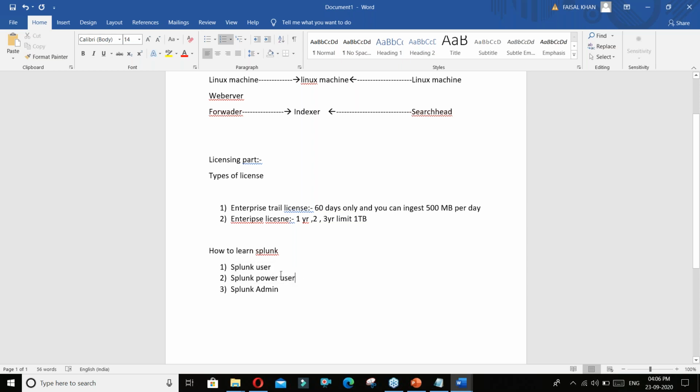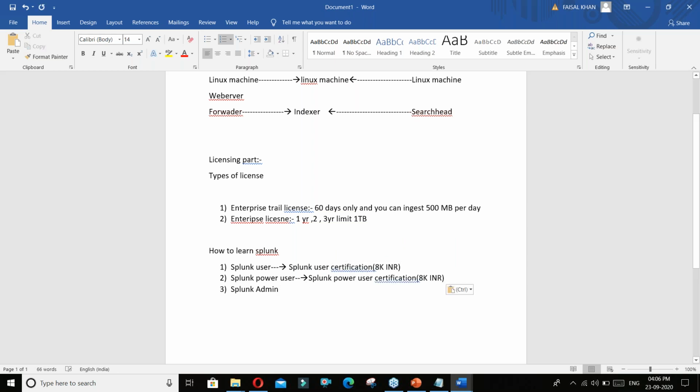And one more thing, I'm just giving you the courses, and separate certifications are also available. Splunk user certification is there, then Splunk power user certification is there. I'll let you know the costing also. The costing is 8K for all of them. I think right now a discount is going on. 8K INR is the costing for the certification if you want to do the certification part. I think right now it is very low due to the Corona season. If you want, you can go.